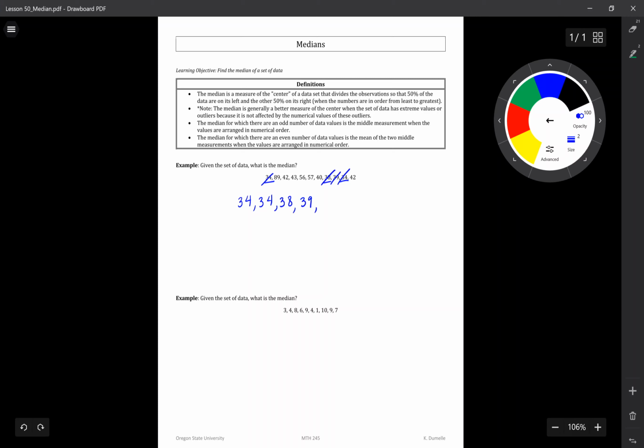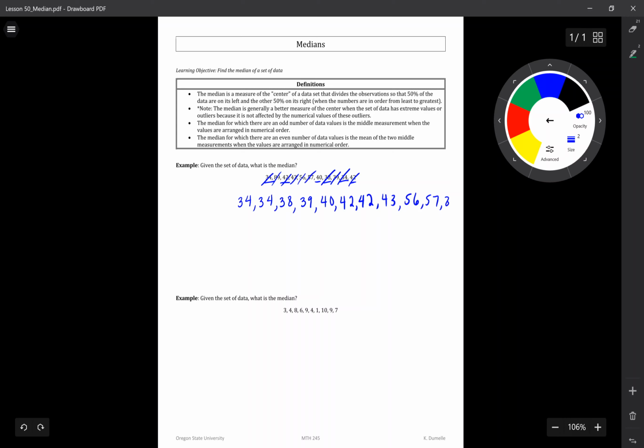I have two 42s. A 40, oh, I missed a 40, didn't I? Whoops. So I have a 40 right here, and then two 42s, a 43, a 56, a 57,